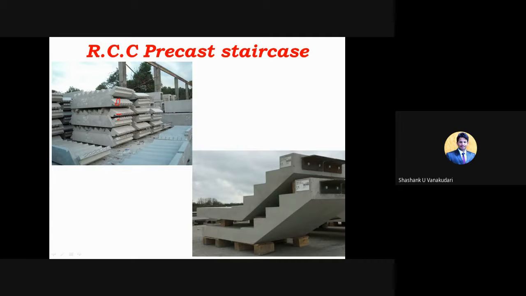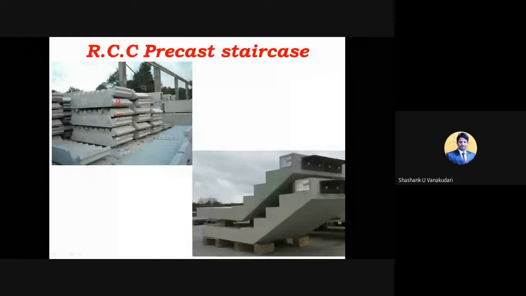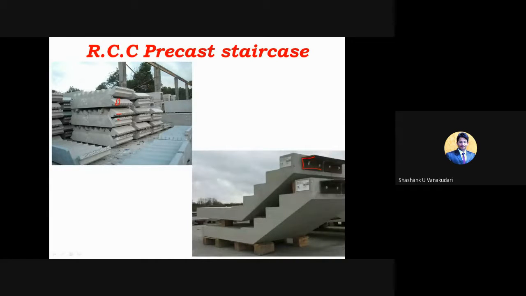Here, using stirrups and reinforcement, and in some cases steel plates, with nut and bolt connections, it is fixed with those slab members.